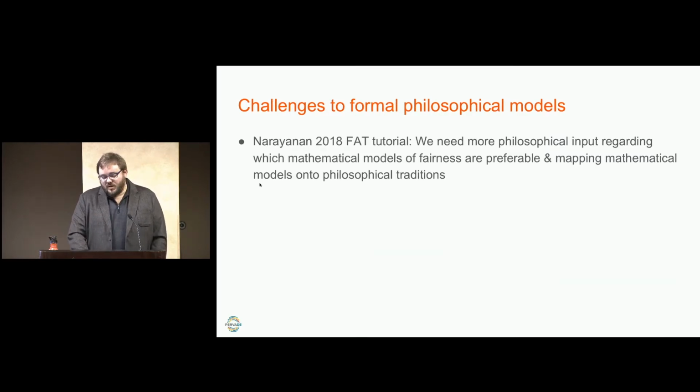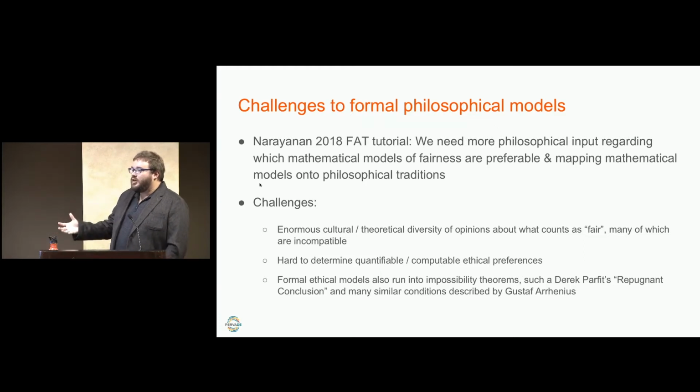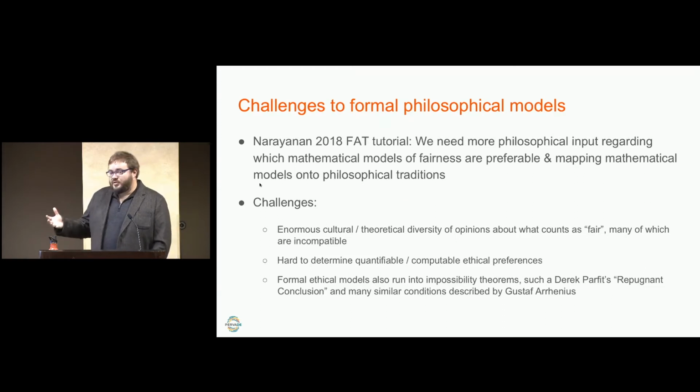Arvind's tutorial in 2018 posed a challenge to us, which is that we need more philosophical input regarding which mathematical models of fairness are preferable, and mapping mathematical models onto philosophical traditions. Watching that live stream remotely, I chuckled because that's even harder in philosophy than it is in statistics. There's enormous cultural and theoretical diversity of opinions about what counts as fair. Many of them are incompatible. It's also very hard to determine quantifiable or computable ethical preferences. And formal ethical models actually run into impossibility theorems that are probably quite familiar to statisticians,